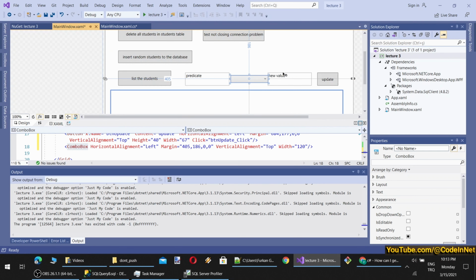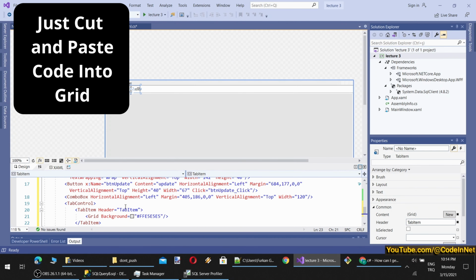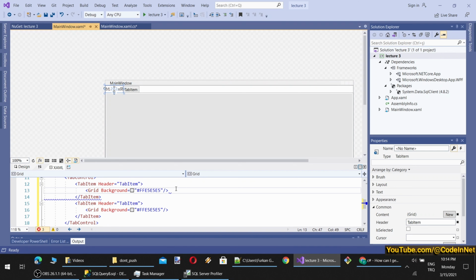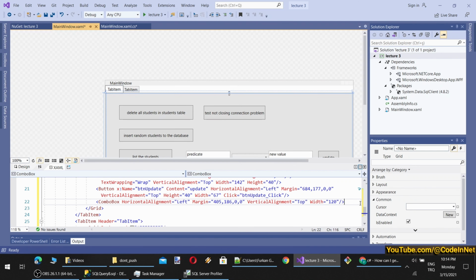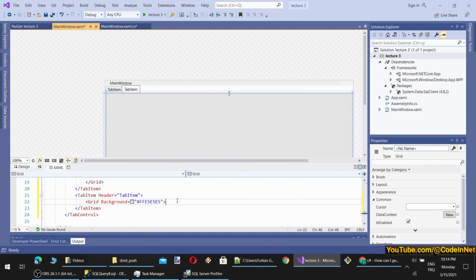Okay, so this screen is getting crowded, therefore I will add a tab control, and let's move items inside the tab control. Okay, this is the first grid, and inside the first grid we put them like this, and here another grid. We have seen grid in the previous semester, so you know them already.